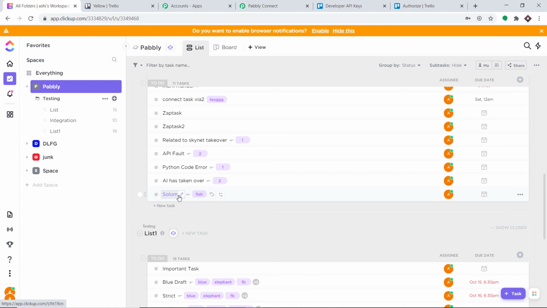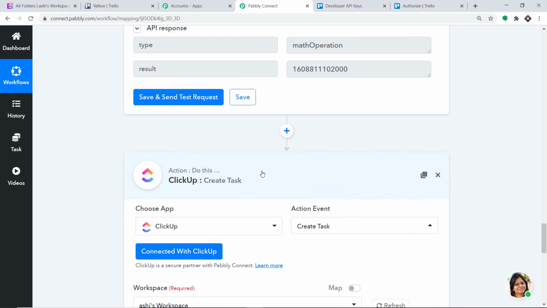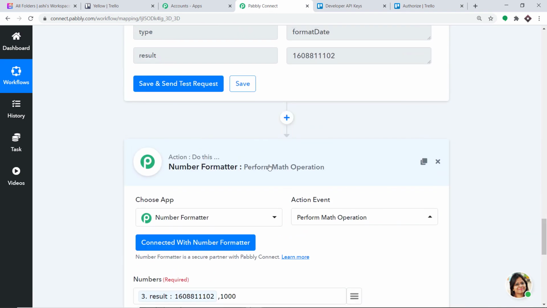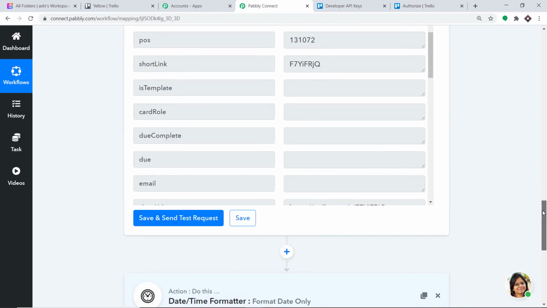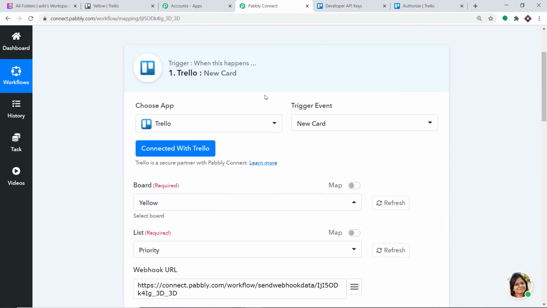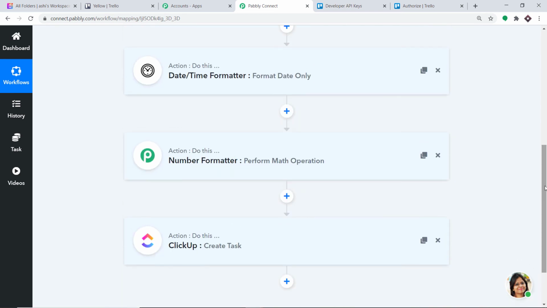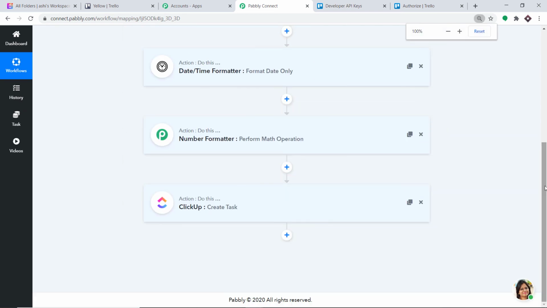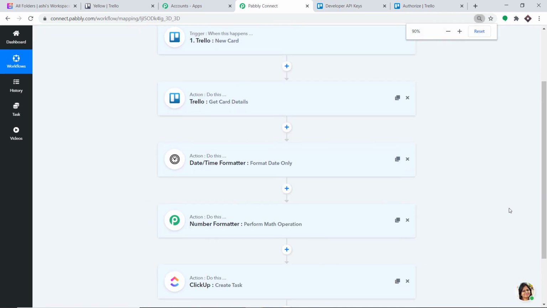But before that, let me show you the whole gist of the process. So let me go to Pabbly Connect and let me minimize this action window. And I'm going to minimize this action window. And this time also I'm going to minimize my action window, and again I'm going to minimize my action window. Okay, and then I'm going to minimize my trigger window. So basically this is the whole process in a nutshell.